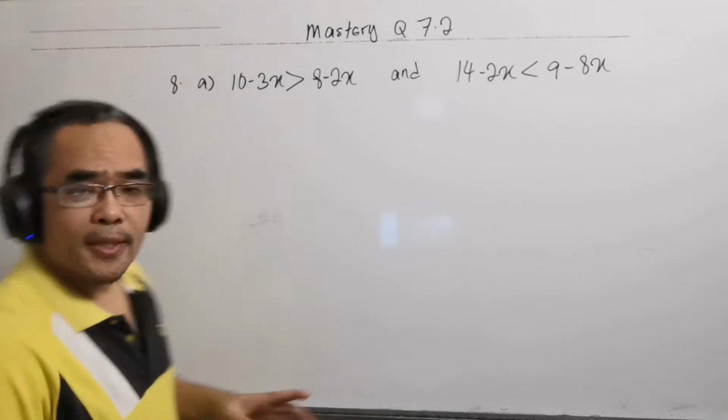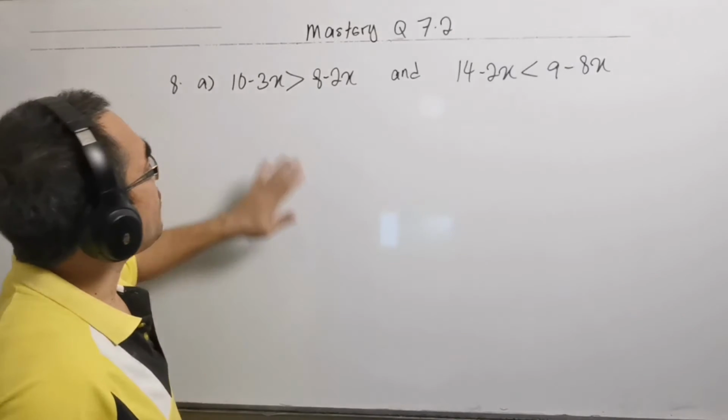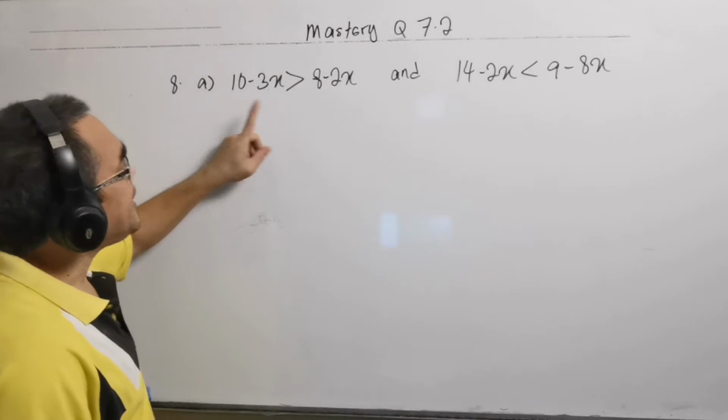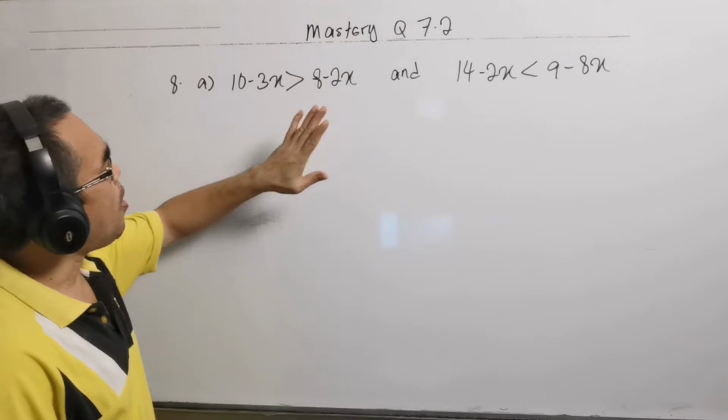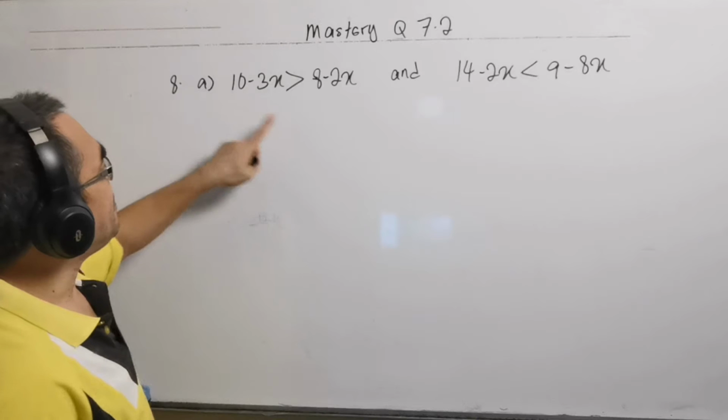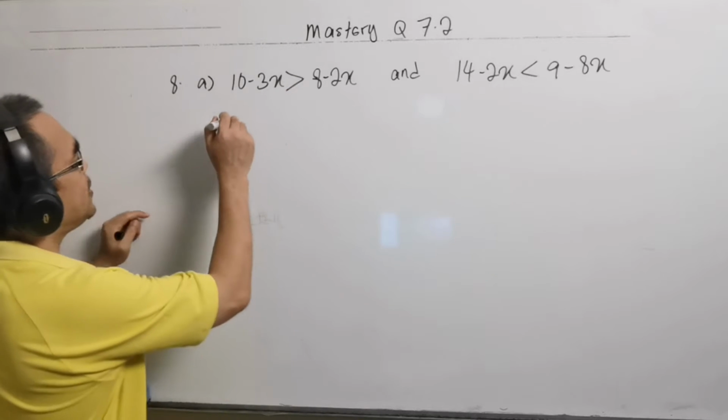Okay, look at question 8a. We have to solve this one by one. Okay, so first, because this is linear inequality, you bring all the x to one side and all the numbers to the other side. For example, if I bring all the x to the left,